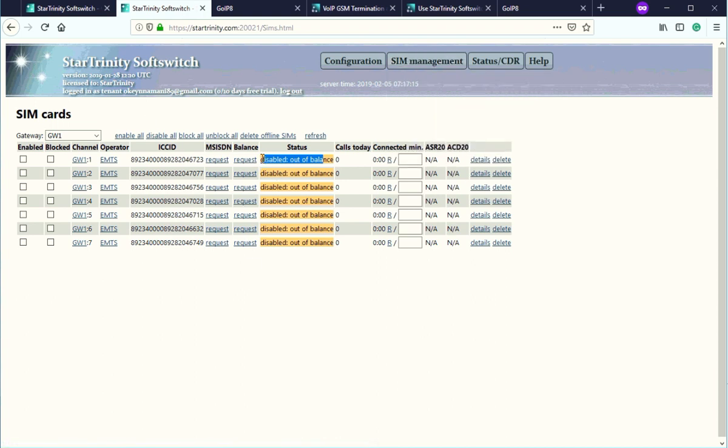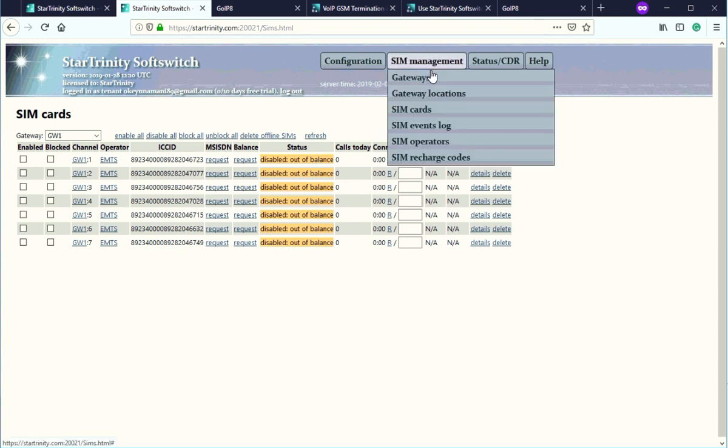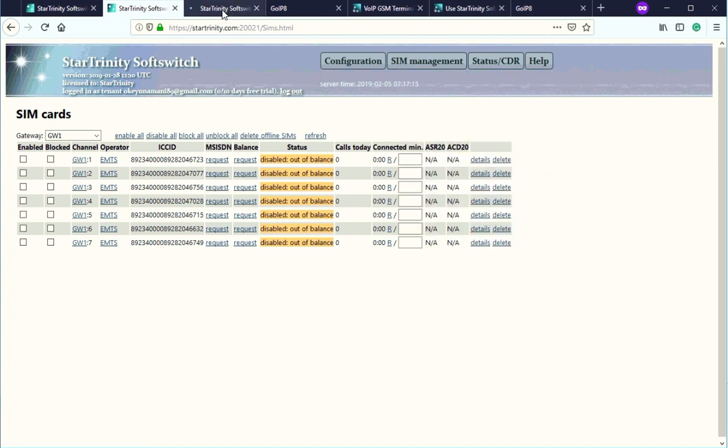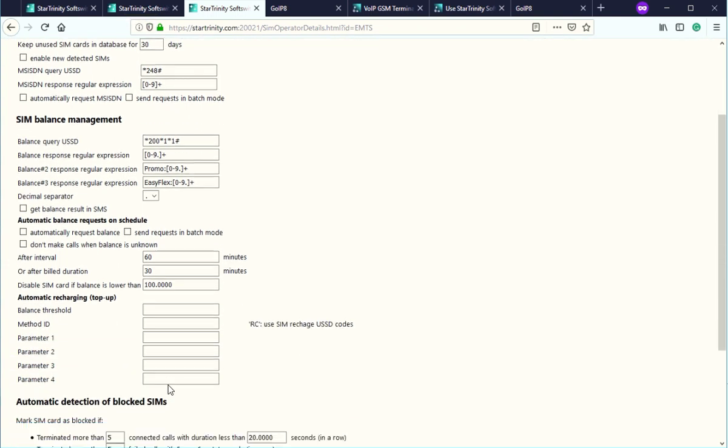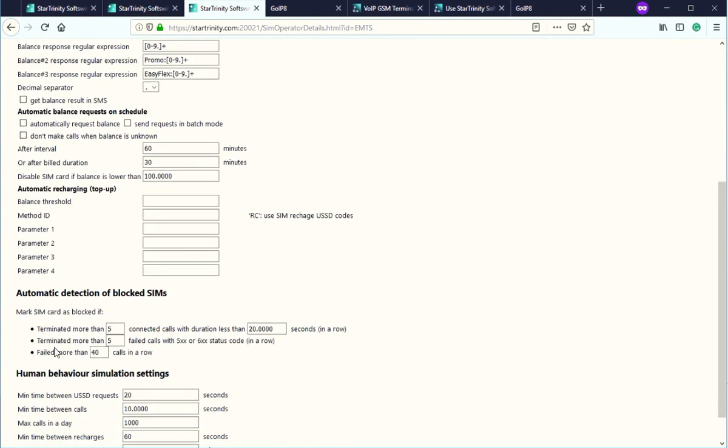By default, the soft switch compares the balance of the SIM card with some threshold, which is here in SIM operators, operator details, minimum balance required. You see here, disable SIM card if balance is lower than some threshold, and the balance is unknown right now. So we can remove this setting,